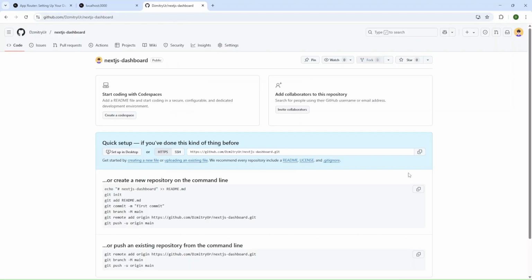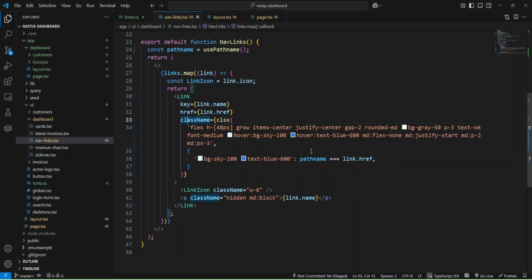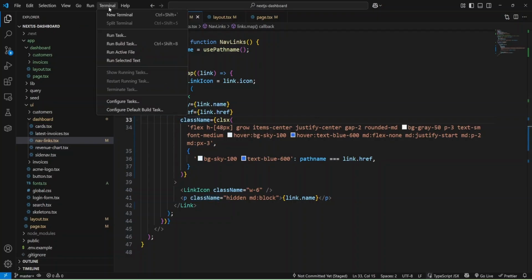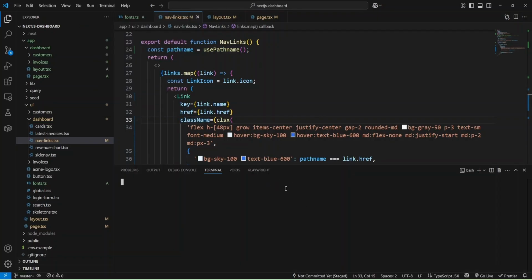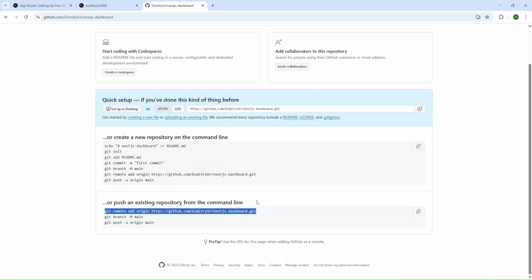and press create repository. Okay, and our repository was created, and we have some commands, and I'm going to copy this command and open my project in Visual Studio Code, and now I'm going to open a new terminal and provide my command, and also I'll create the main branch.